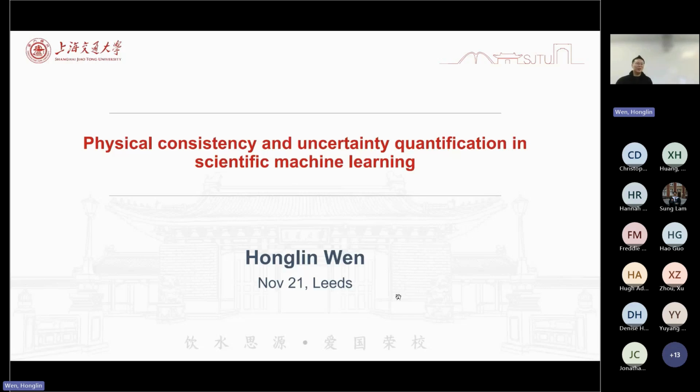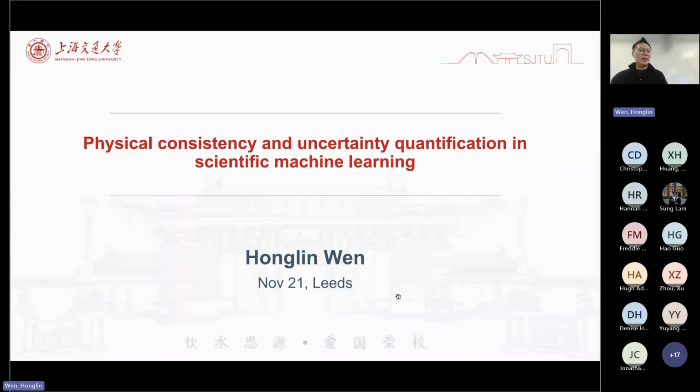Thanks, Miranda. So originally I come from China, but I'm not from China today. I just came to Leeds this morning from London. Currently, I'm a research fellow at Imperial College, so I'm very happy to be here to give a talk. Indeed, it's my second time this year to come to the University of Leeds. During summer, I attended the Euro conference, which was held in Leeds this summer. So that was my first time coming to Leeds.